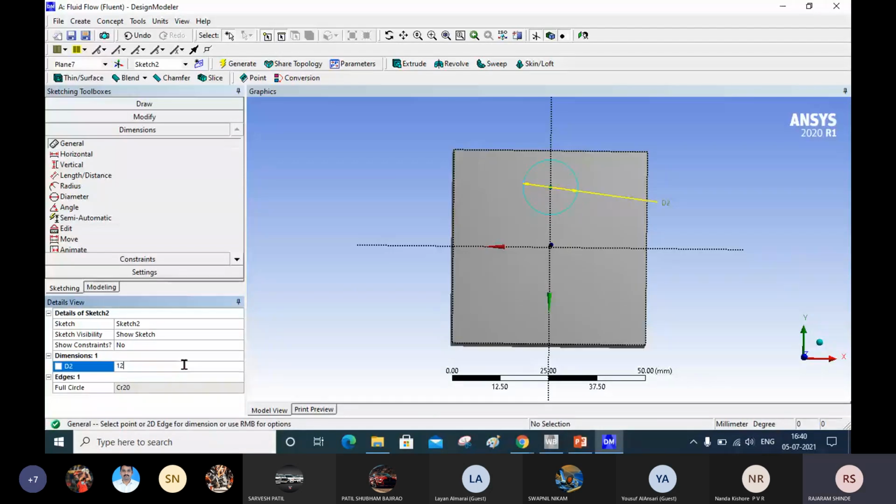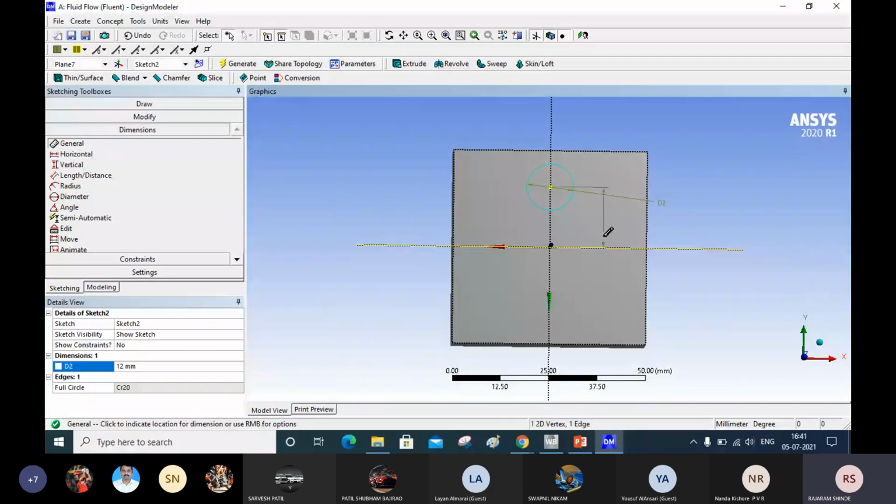Okay, and after that this center should be 10 millimeter from the, what we can say, x-axis. This is your x-axis, and this center should be 10 millimeter. So you select the center first. This one you see here, when we click on the center, it will change its color and it becomes yellow. Now after that you press the control key, and then you select the center line.